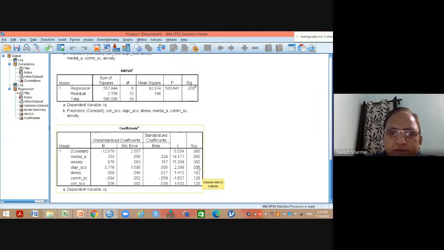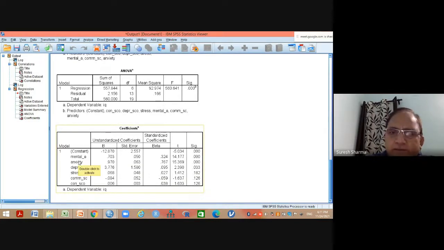Then these coefficients must be significant. Let's see which coefficients are significant. Mental age. Look at the first variable, mental age. So its p-value is significant. Don't look for the constant, please. Whether constant is significant or non-significant doesn't make any difference. It's only the variable which makes the significance. So mental age is significant. What is the meaning of this? That yes, mental age can be used to predict IQ, because it is making a significant contribution to predict IQ.